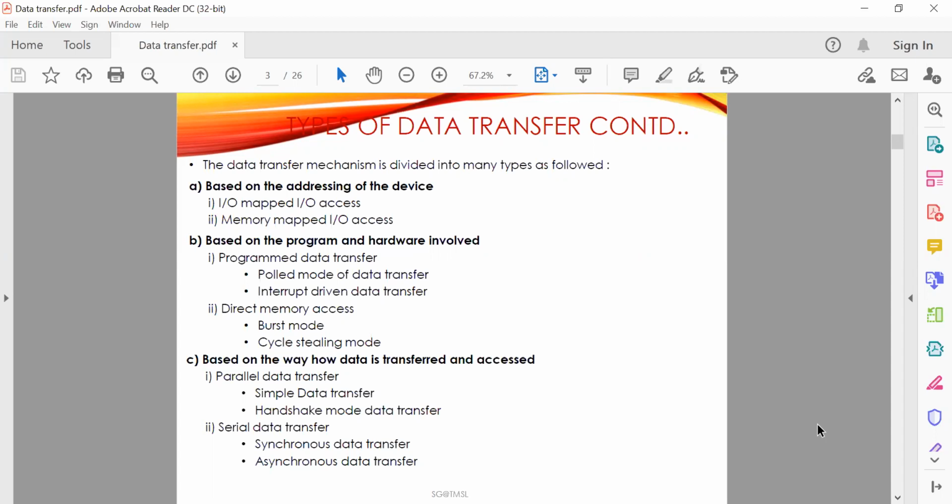So when this direct memory access occurs, an external device or DMA controller takes over temporary control of the system bus from the CPU, and the CPU writes necessary control words into the DMA controller to indicate the read or write operation, the device address, the starting address, and the amount of data, how much data will be transferred. Everything will be given. Okay, so